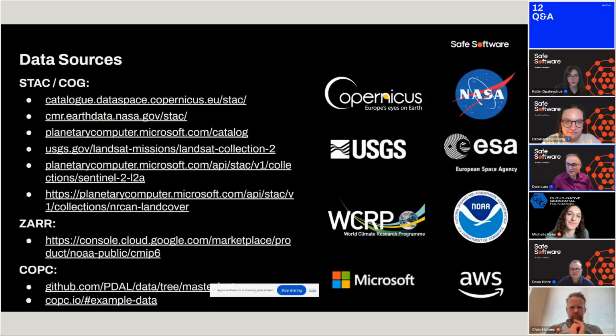Brad asks, is there a cloud-based database system that could take the place of SQL Server? There's a bunch of different answers there, Brad. Of course, you can run SQL Server in Azure, and then you right away just have that. But it depends, as Dean would say, on what your needs are. If you need to be updating things, then you should be considering a database. Otherwise, if it's primarily data that isn't changing very often, the techniques we showed today are a great way of avoiding some of the complexity that comes with having a database, if all you really want to do is just read and publish data.